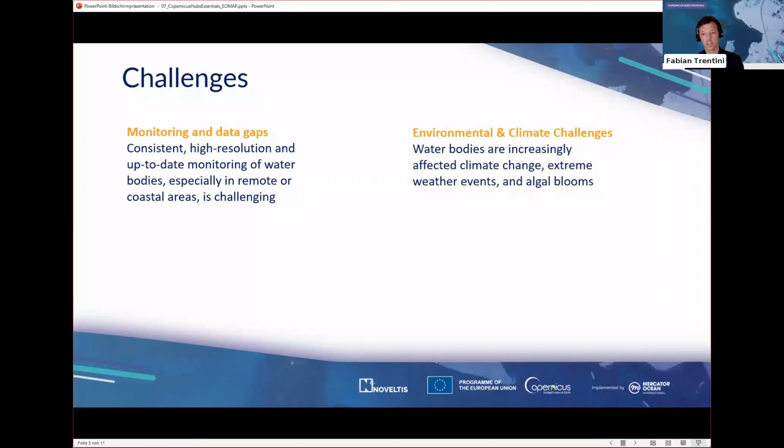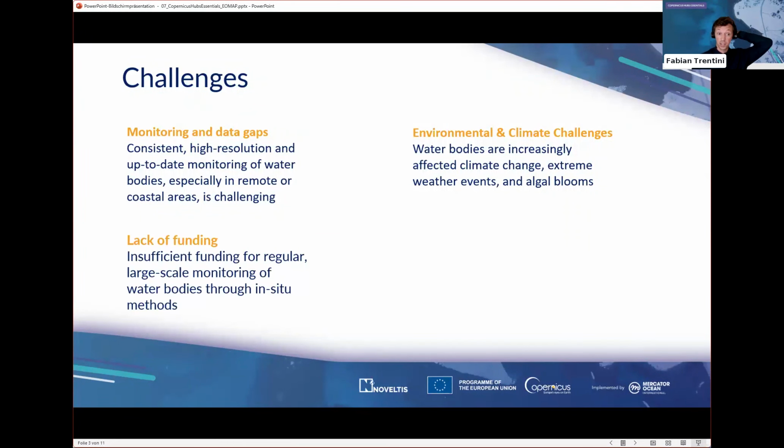On the other side, the climate is changing, and environmental behavior might change even more in the future. So maybe all the things you think you know about the water body or the coastal zone that you're acting in might not be true in the future anymore. So it's even more extremes, maybe more algae blooms expected, or less of something, also possible, of course, not always more. So you need to adapt to these things, and maybe using other data sets that you haven't used before is one of the ways to tackle these challenges, especially if we talk about lack of funding and lack of